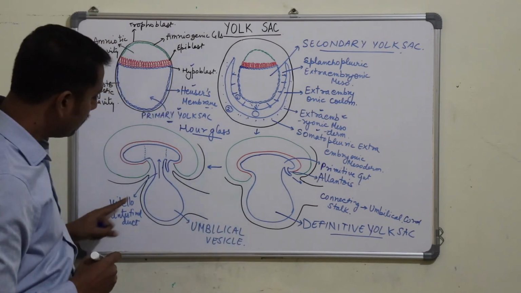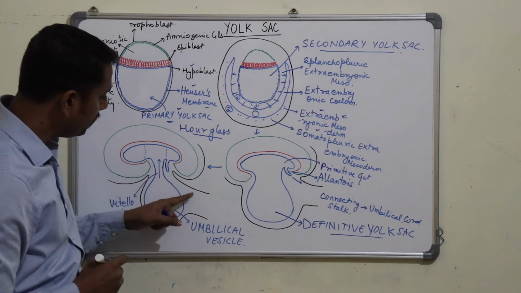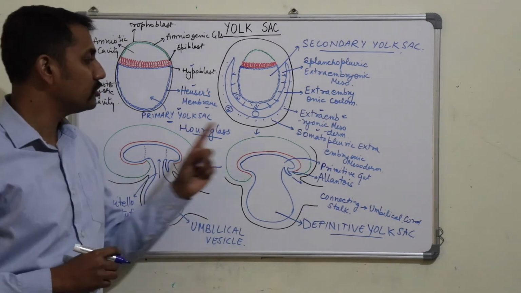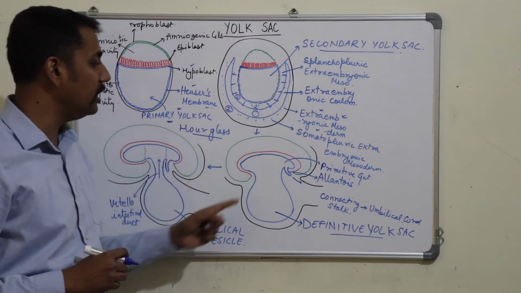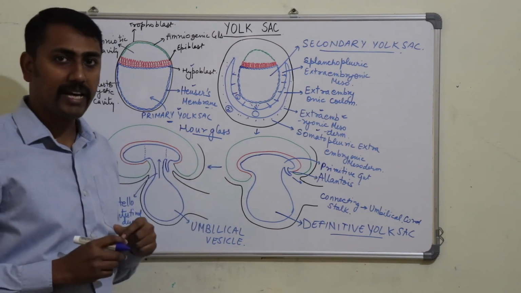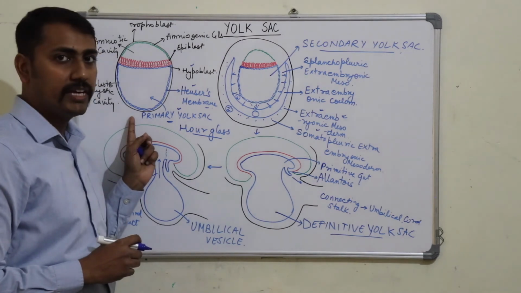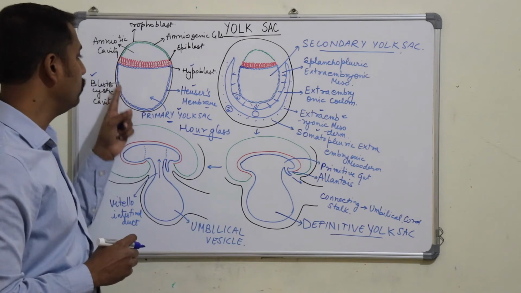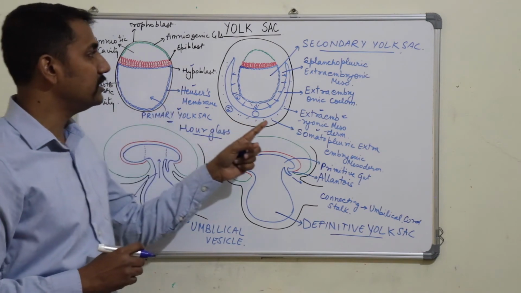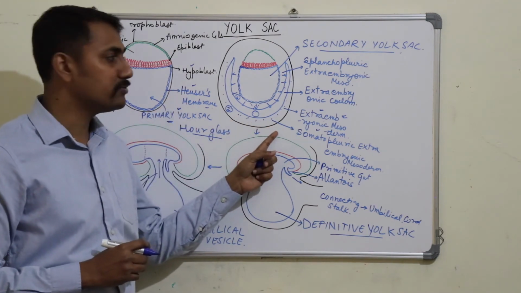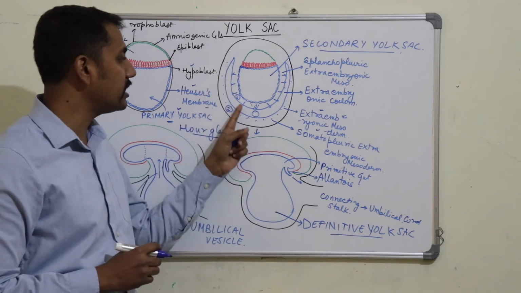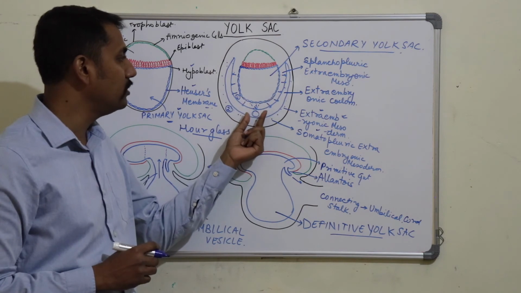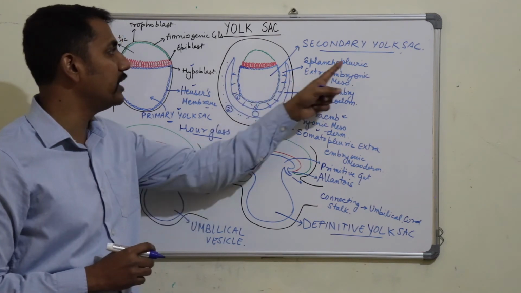The vitellointestinal duct and the allantois will form the content of the connecting stalk, or the definitive umbilical cord. So these are the formation and changes in the yolk sac. If we summarize it, first stage is the primary yolk sac, which is formed from the blastocystic cavity after the formation of the Heuser's membrane. Next stage is the secondary yolk sac, which is formed after the formation of the extra embryonic coelom, and a small part of the primary yolk sac is pinched off to form a reduced cavity, which is known as secondary